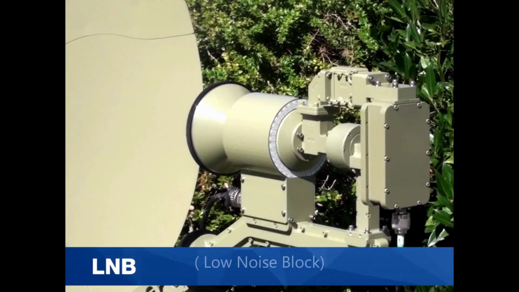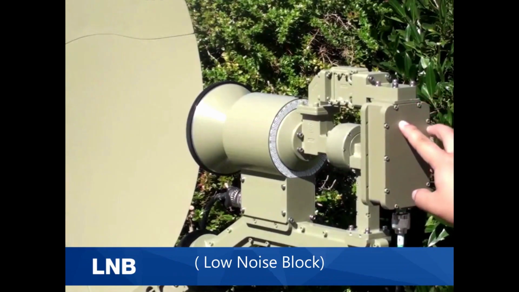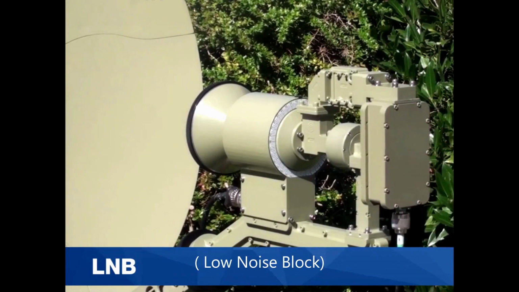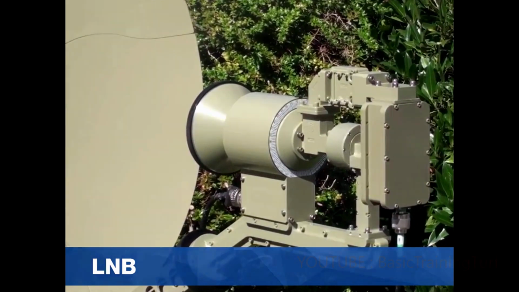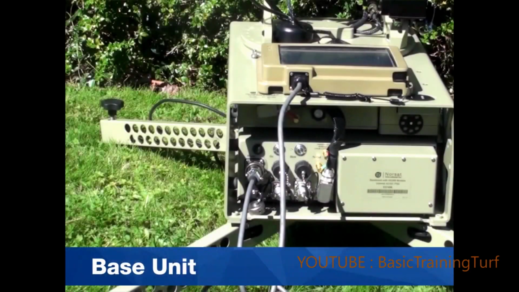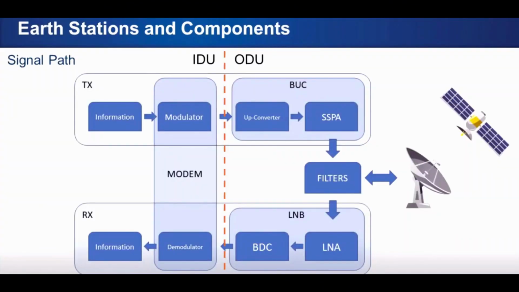The LNB receives signal from the satellite collected by the dish, amplifies the signal, and downconverts the block frequency to a lower intermediate frequency. The output of the LNB goes to the modem. The base unit has been designed for outdoor operation and contains major electronic components, such as computer, modem, power supply, and pointing tools. This diagram illustrates the components that process and convert the information throughout the full path in a